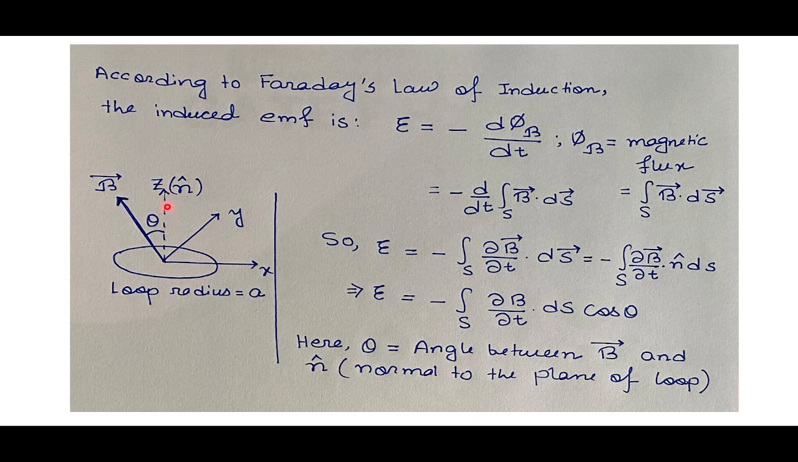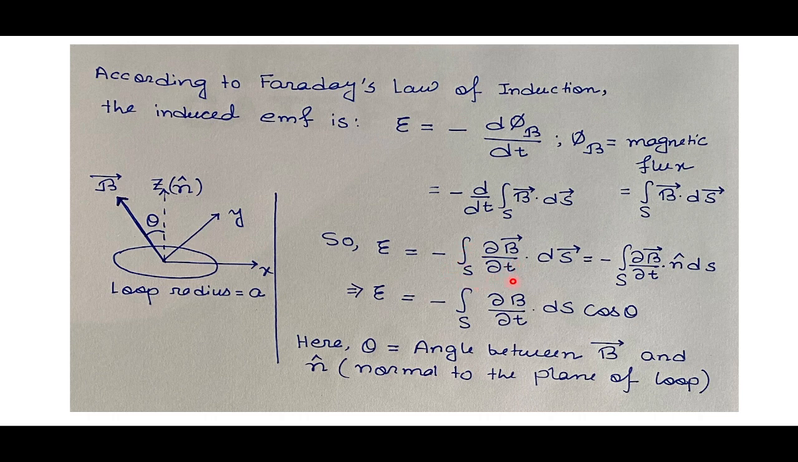So here your normal to the loop is along the z direction, that is n cap. I am denoting it by n cap. So now this d phi_B/dt, here phi_B is the magnetic flux, so it can be written as minus d/dt of the surface integral of B dot dS, where dS is the elementary surface area of the loop. So you can just take it inside, you can write your induced EMF as minus of the surface integral of